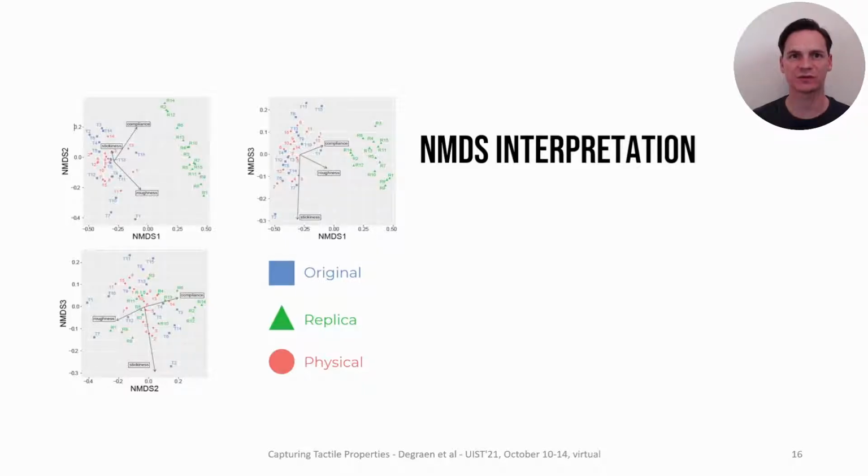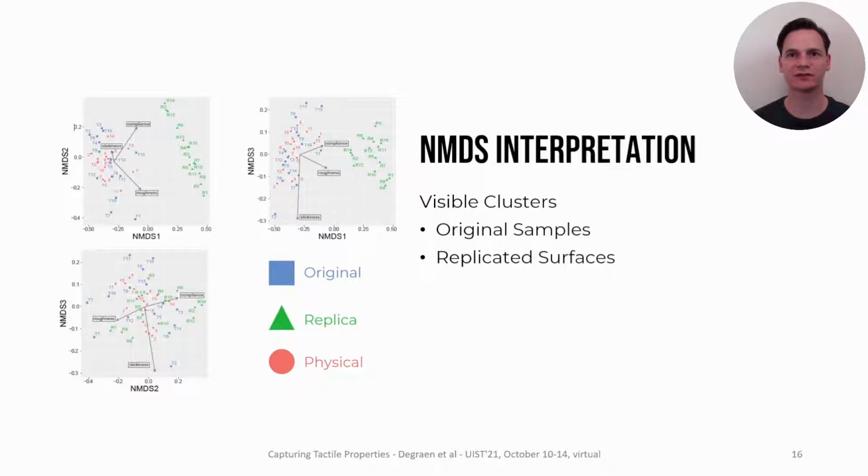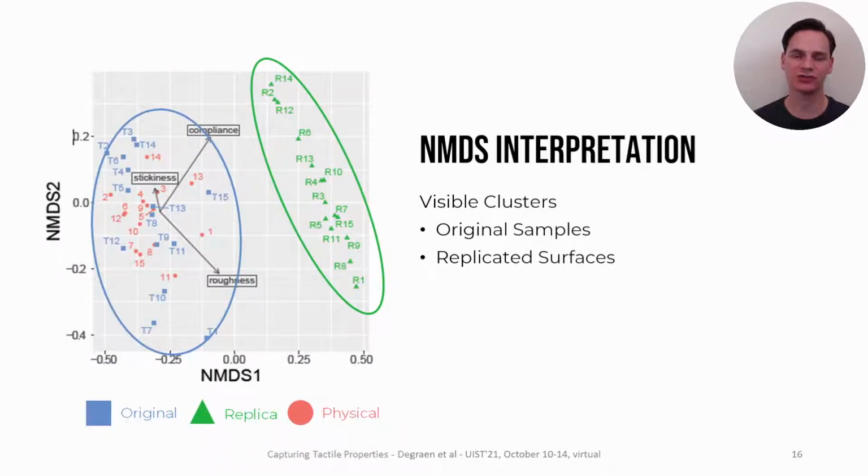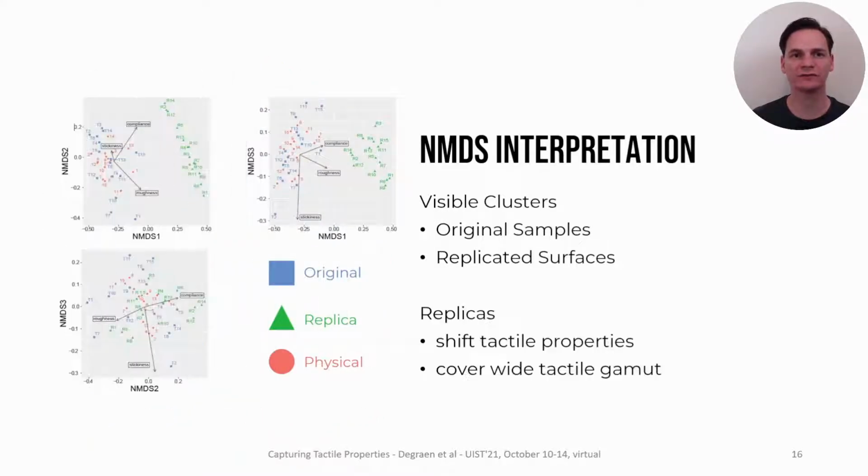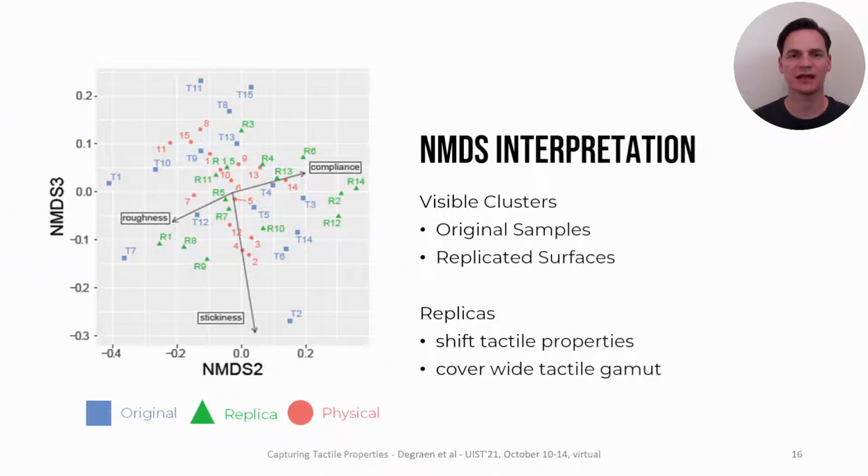When interpreting the perceptual space, we clearly see that there are 2 different clusters that arise, consisting of the original and the replicated samples. This shows that there was a clear shift in tactile perception between these samples. And most likely, this shift was caused by a combination of roughness and hardness as indicated by the physical measurements. However, our set of replicated samples is highly distributed. This indicates a wide tactile gamut of our reproductions and underlines that by simply varying the surface variations of a fabricated material, its tactile perception can be influenced.